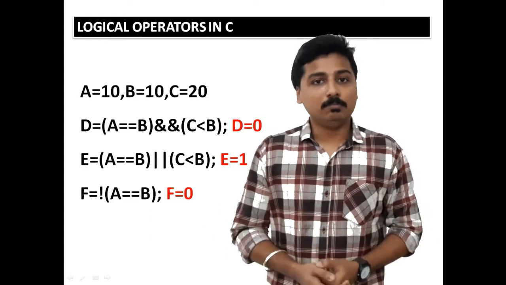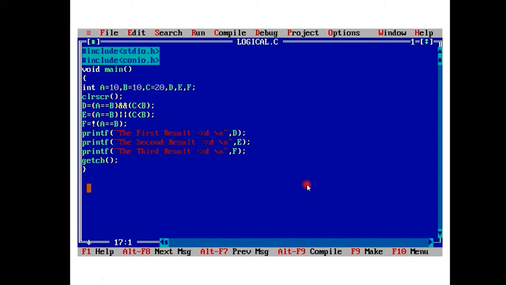Now we will be implementing this concept in a C program. Now we will move on to the logical operators section. We have used three logical operators, that is AND, OR and NOT. Here we have declared three variables A, B and C and initialized them with the values 10, 10 and 20, and after that we have declared D, E, F in order to store the result of the particular calculation. So in the first case, A and B are equal, right? The values present inside A and B are equal, so this statement will be true. And in this condition, C less than B, the value of C is 20. 20 is not less than 10. So here it will be a false statement.